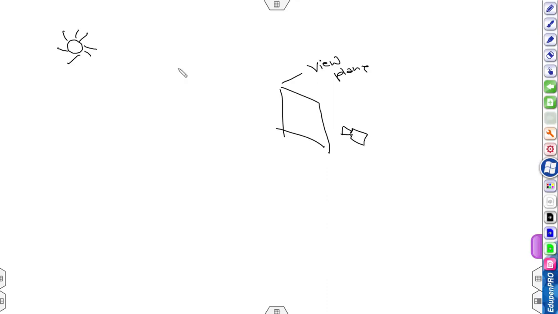A game scene may consist of various game objects, and these objects may be of various materials, for example wooden, glossy, or plastic. All materials have different properties for light.